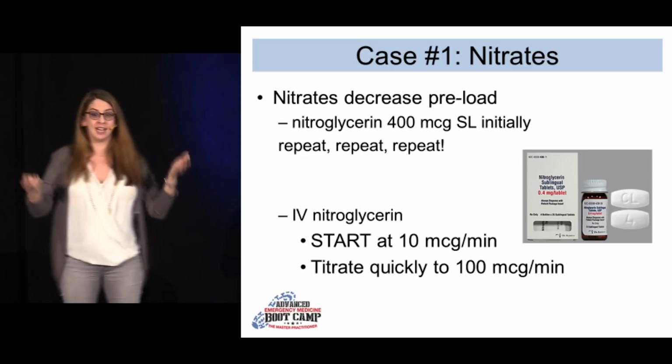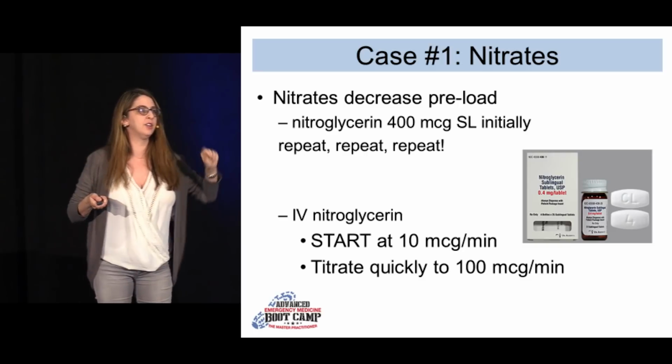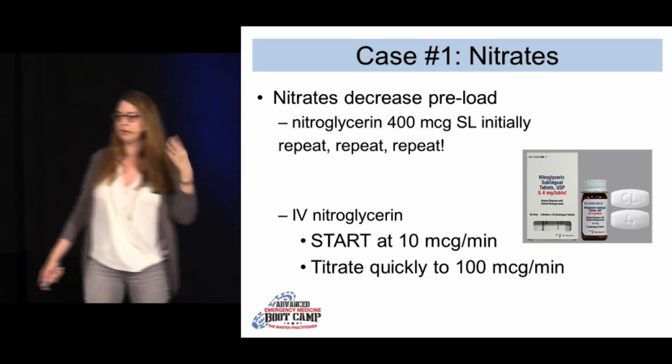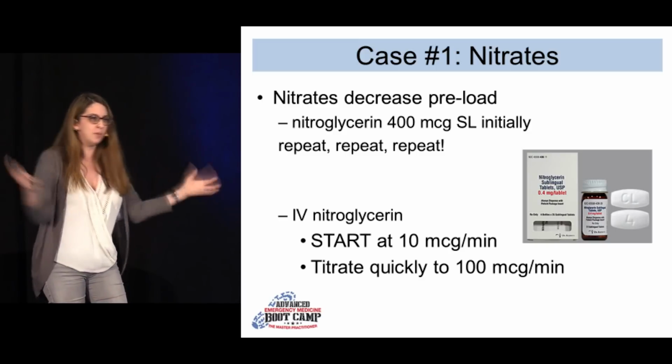Viagra, exactly. So that's kind of the thing you want to ask. So remember that a sublingual dose is higher than the drip when you first turn it on. So what I always do for patients is I give them a couple doses of the sublingual while I'm getting my drip started. And then you give them a whole big